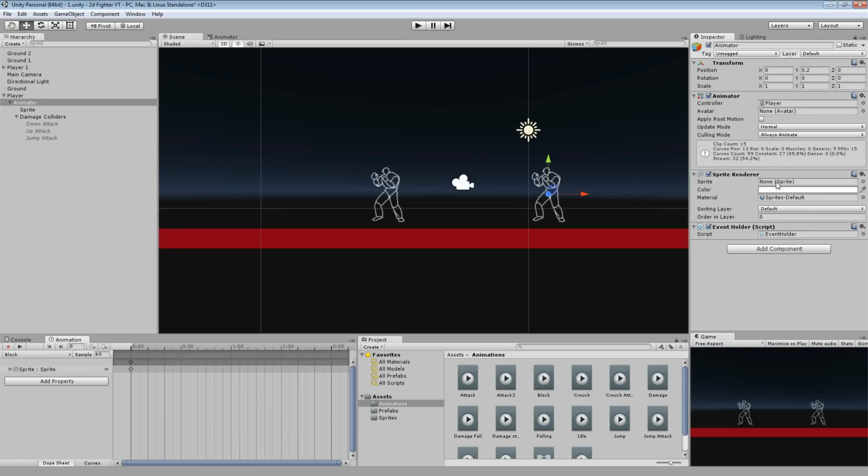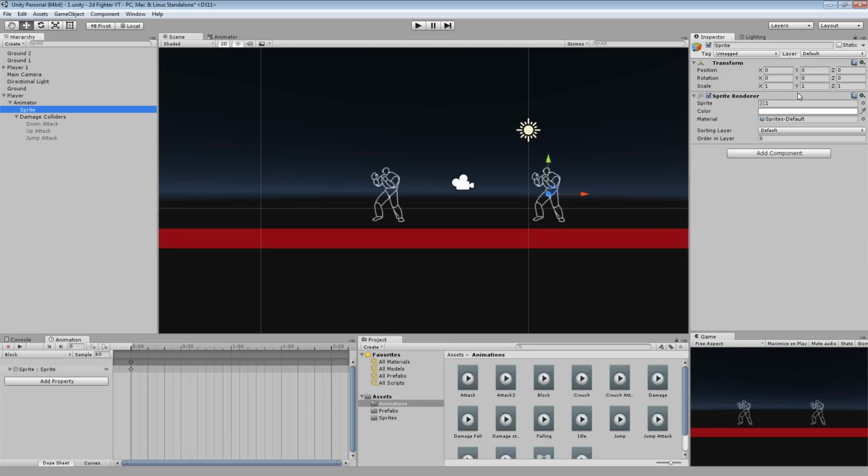level as the animator, but in this sprite render, okay. It's the same principle as we talked about before. So after that,